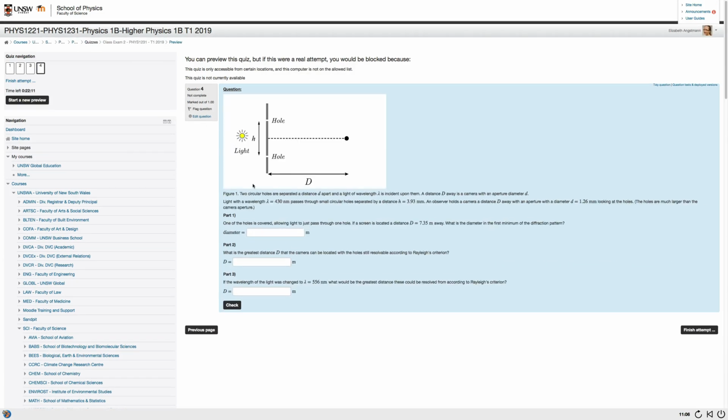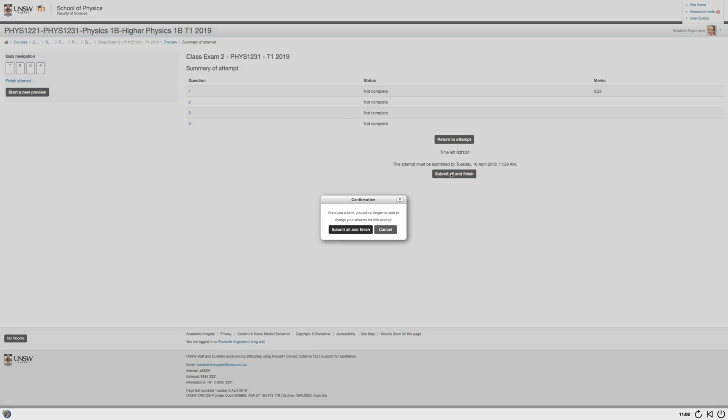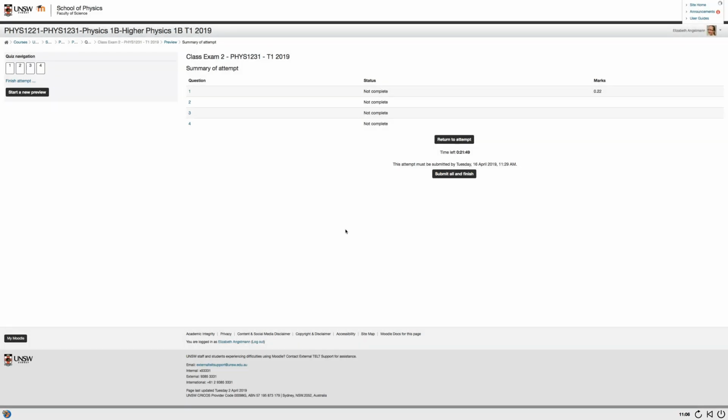Once the student has answered as many questions as they can, they finish the attempt. It lets them know which ones they've completed. If they just wait until the 40 minutes is up, which most of them keep trying for the entire 40 minutes, then it submits automatically. But once they've submitted,